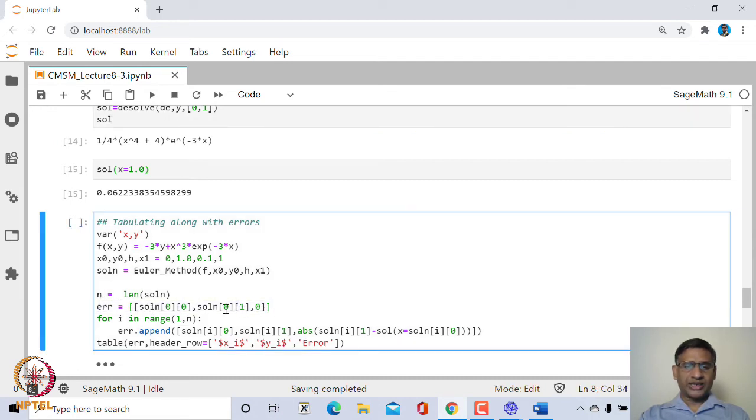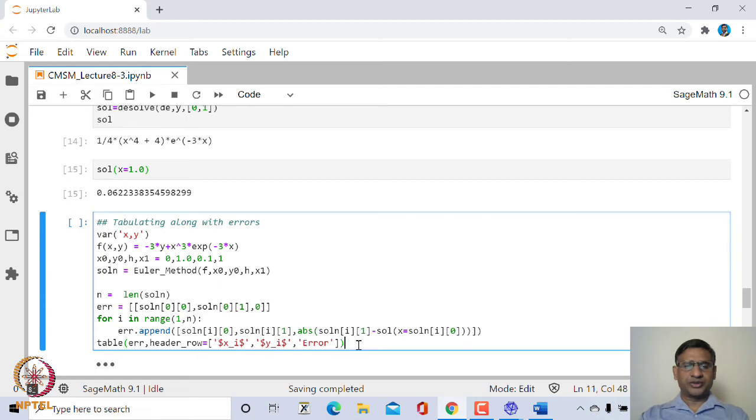So we have x naught, y naught, and the initial error is 0. And in the next step we will append the solution x, the first coordinate of the solution at i, and then the second coordinate which is yi, and then the absolute value of the difference of the yi with the exact solution,